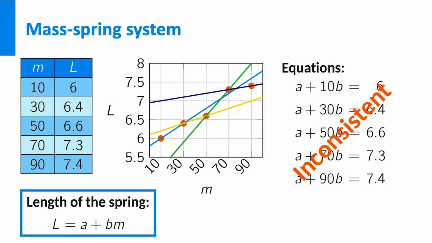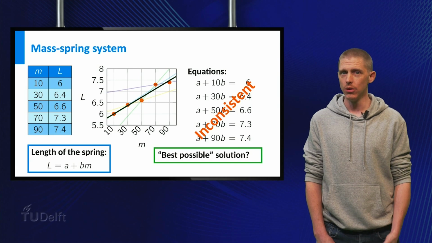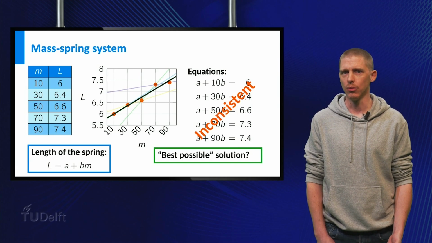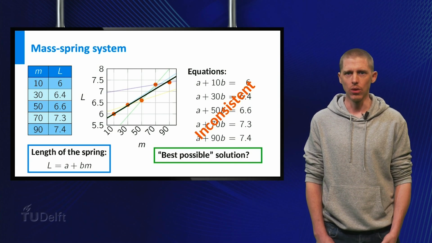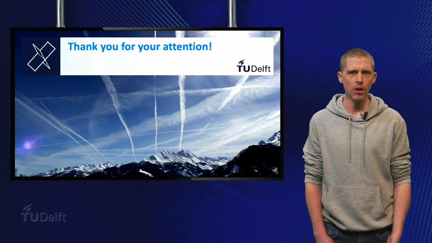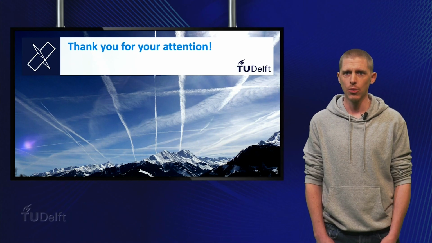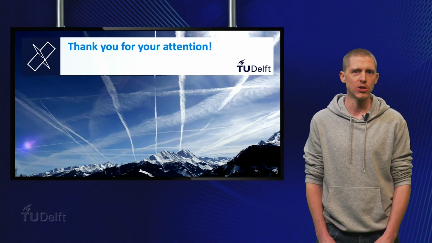As we really do want to have a solution, we thus look for the best possible straight line through the 5 points, or in other words, find the best possible solution of the linear system. We do, however, need to define what the best possible means before we can do this. You will learn how to do this in class, and it turns out that this is the line corresponding to the best possible solution for our problem. For now, you should have come to the understanding that real-life problems can lead to inconsistent linear systems, which we still want to solve or find the best possible solution to.